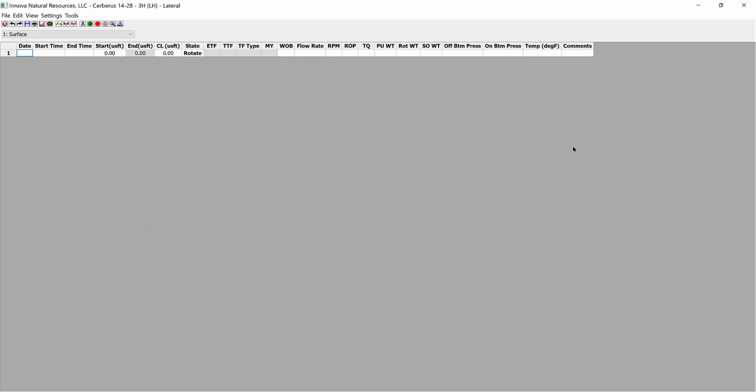We're going to go ahead and look at some of the layout and options available with the slide sheet. So in the main section here, we've got the slide sheet details themselves, various columns of different inputs, and each row denoting an on-bottom event. We have a toolbar on the top with different icons that carry out different functions,